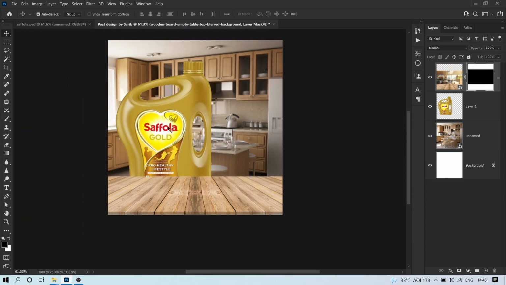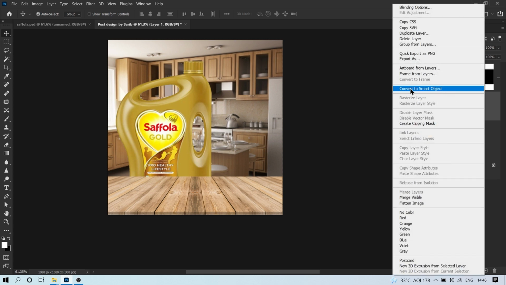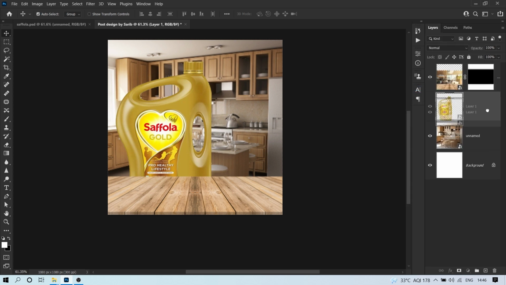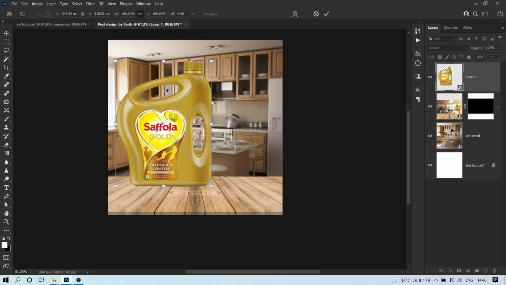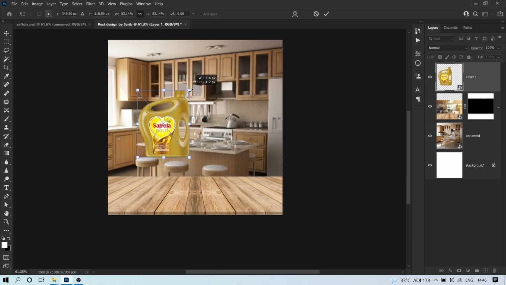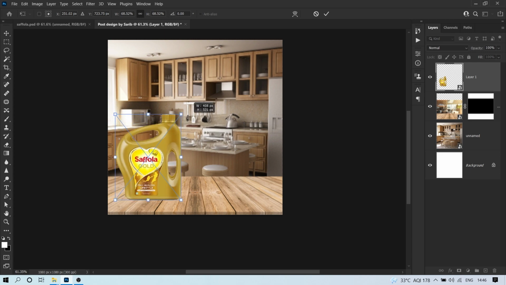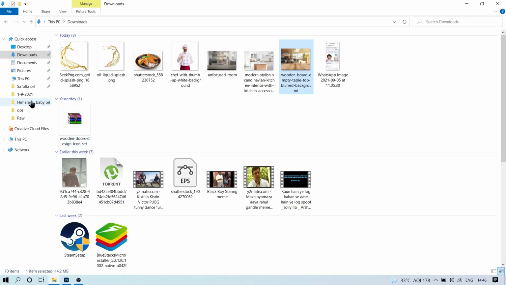image like this table product image, and right click on it, click on Convert to Smart Object. Now drag this layer above all the layers and press Ctrl T and resize it and put it here. Now drag another image,